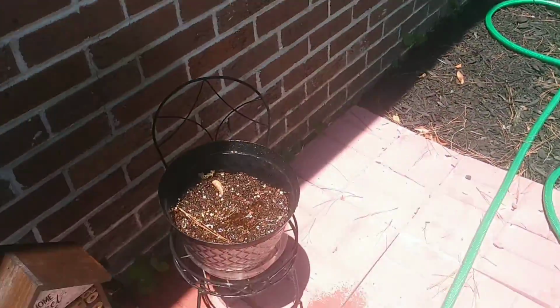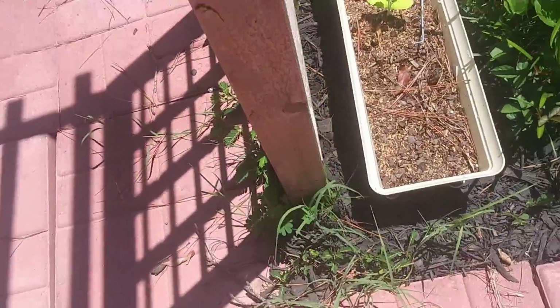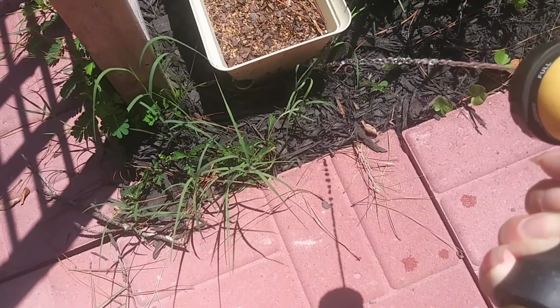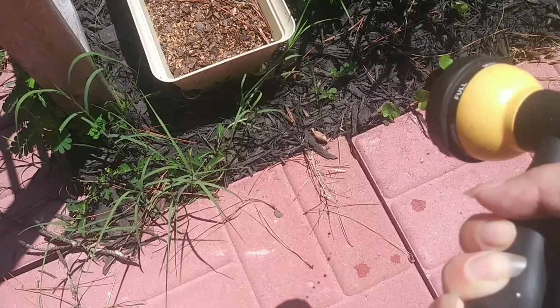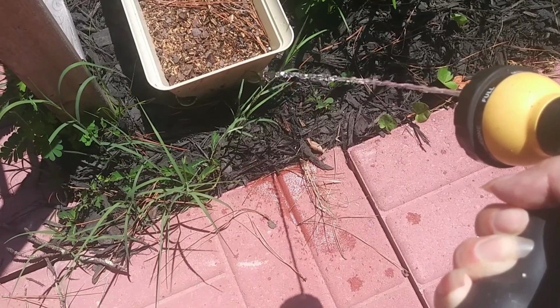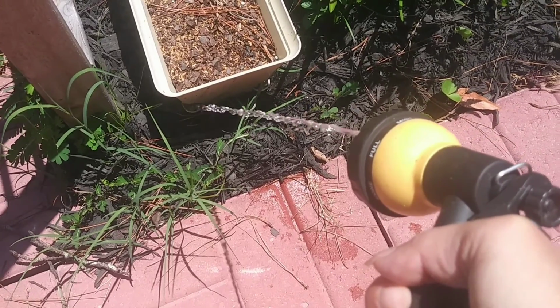All right, so now since we figured out why my hands were burning, I could change these to a jet. I don't know if you could see, because again, the sun is serious. And then I'm just gonna water these ones from the bottom. The little tray down there. And I'm just waiting for it to come out on this side on the other. So then I know that it's got plenty of water down there. And then I'll probably also mist through the top,